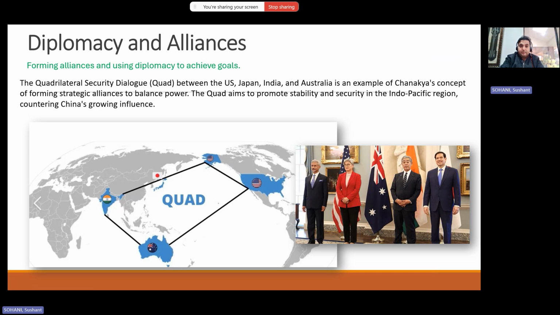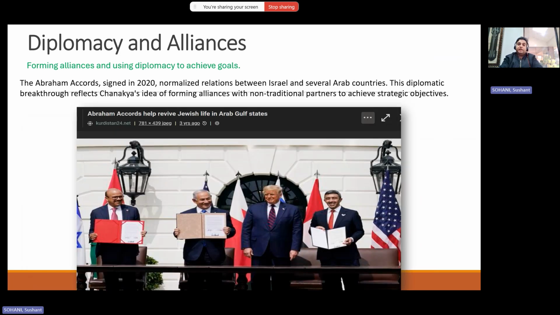Let's see the third example of diplomacy and alliances. The Abraham Accords, signed in 2020, normalized relations between Israel and several Arab countries. This diplomatic breakthrough reflects Chanakya's idea of forming alliances with non-traditional partners to achieve strategic objectives. If you know the very basics of what has been happening in the Middle East, the basics of that